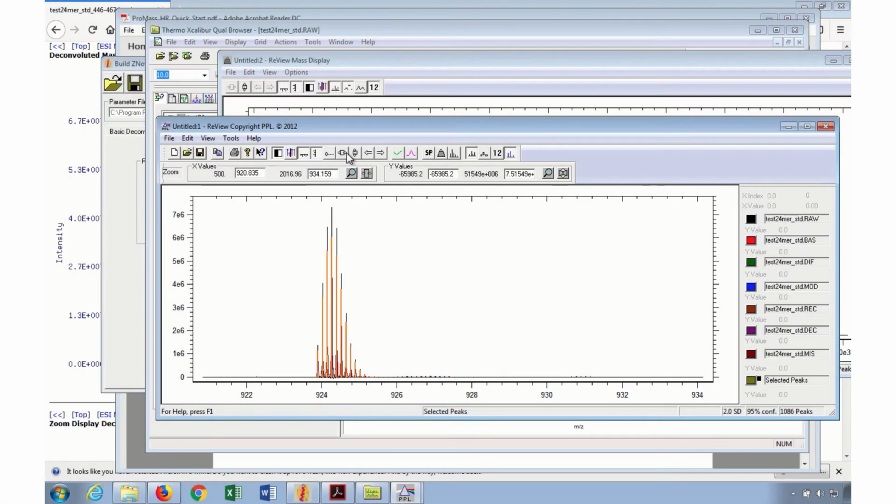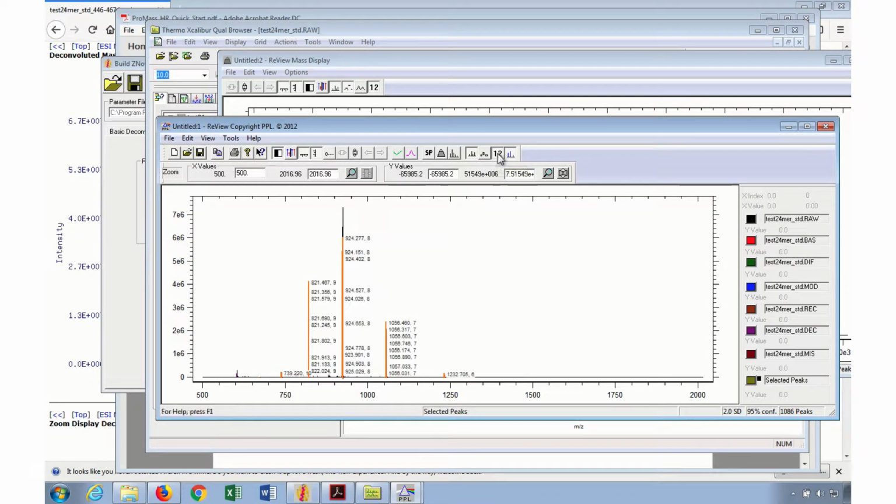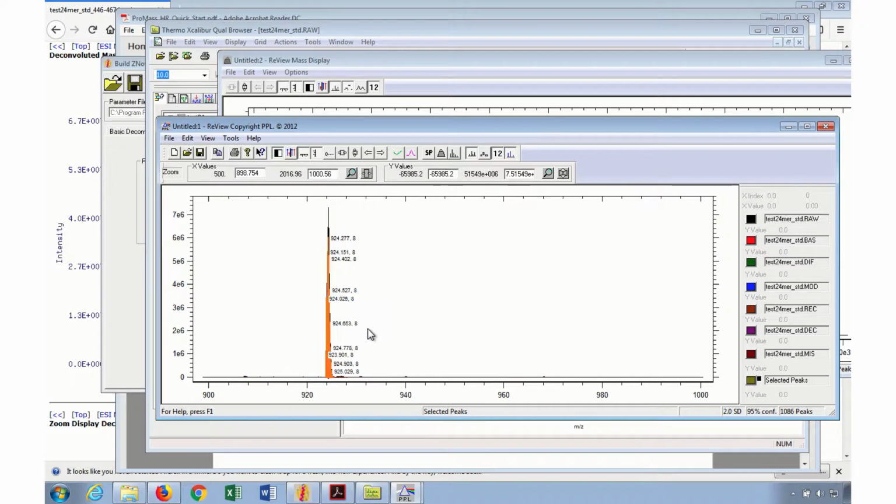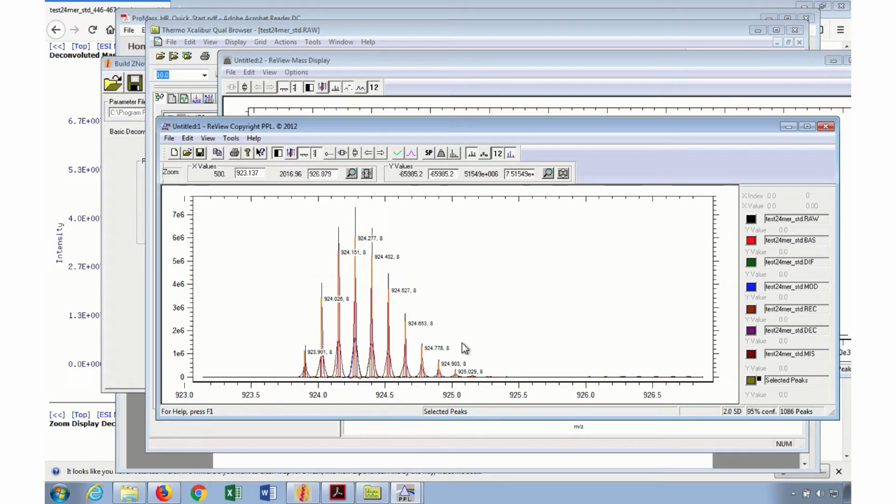You have to click around a lot more to get what you want. You see this little number sign? It actually will label the peaks. This is 6 charges, 7 charges, 8 charges, 9 charges, and so on. And then you can also look and see, like the overlay is showing what the ideal isotopic pattern would look like versus your centroided peak list. Yeah, so you can see the black trace is our deconvolved peak list, whereas the orange